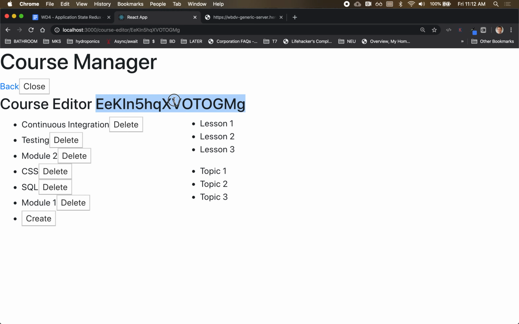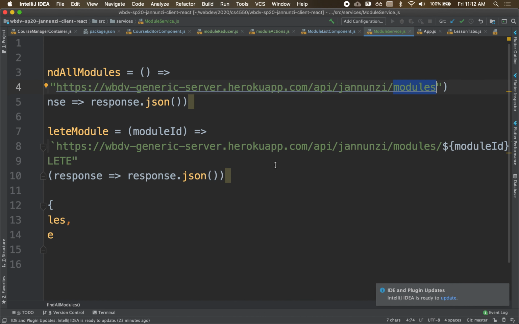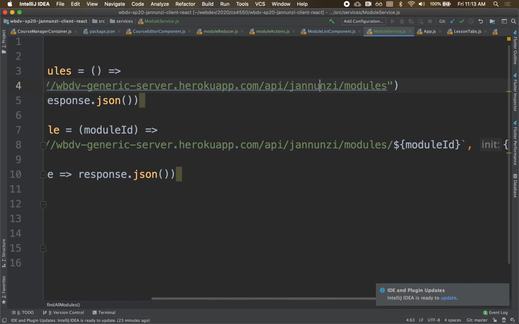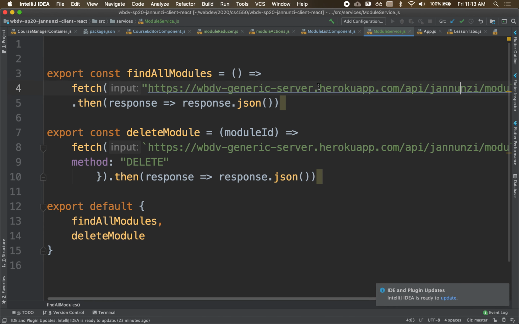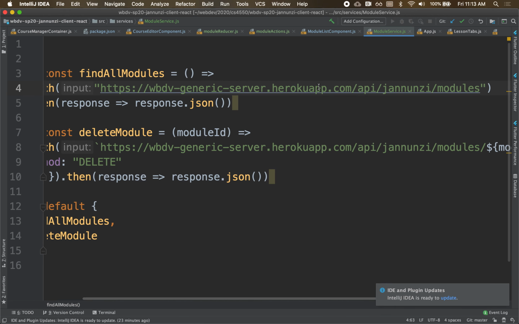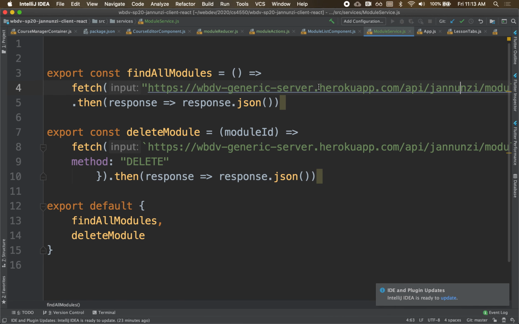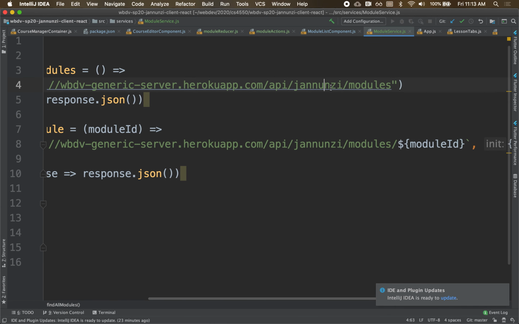Notice that we have the ID of the course, right? So we should be able to manage different modules for different courses. To do that, I've added to the generic server the capability of being able to create a relationship between courses and modules, and so the URL is slightly different. It's mostly the same, but instead of find all modules, we can